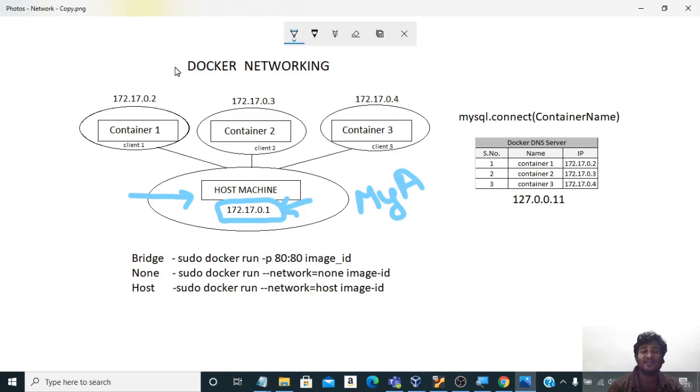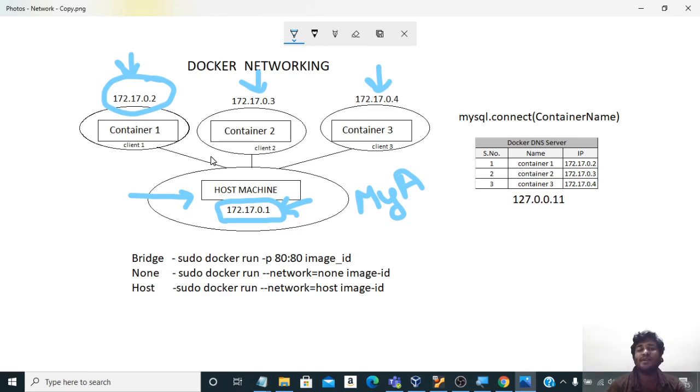Whenever you start the first container, it will be assigned an IP address of 172.17.0.2. When you start the second container and the first container is already running, the second container will be given the next IP address. If these two are already running, the third IP address will be this. And similarly, as you keep adding containers, Docker will assign the IP addresses one by one to each of them.